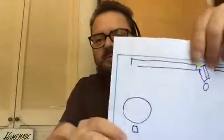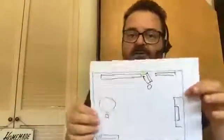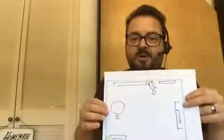Okay, so I've now marked the items on this map. It's kind of hard to see. Let me outline those so you can see what I did. Again, very simple. There's an item, there's the secret item, and there's the secret item. So I would place those, and then you and your little one take the map and go on a hunt